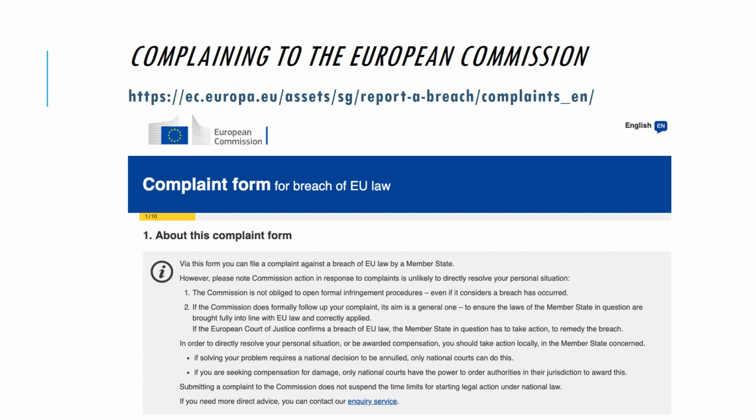There are several possibilities for how the Commission handles a complaint. The Commission may decide to investigate the matter further. They may write to the Member State concerned to set out their concerns and ask for an official reaction. In some cases, this is enough to prompt a Member State to take action to remedy the breach of EU law. The national authorities will then respond, setting out their proposed remedial action.